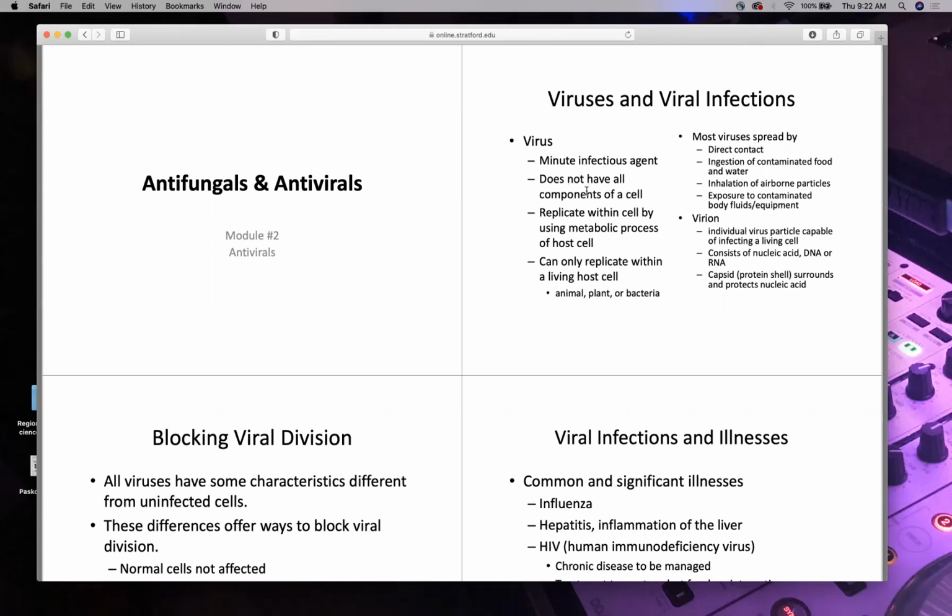Now, it doesn't have any components of a cell wall. It acts like a parasite. It uses the host cell, either DNA or RNA, and utilizes the host cell's metabolic process. So if you had my lecture in anatomy and physiology, it's essentially a home invasion. You go in and you utilize everything on the inside. Now, let's say you are the police or the immune system. Do you see anything from the outside of the house? Nothing, because the virus is inside.